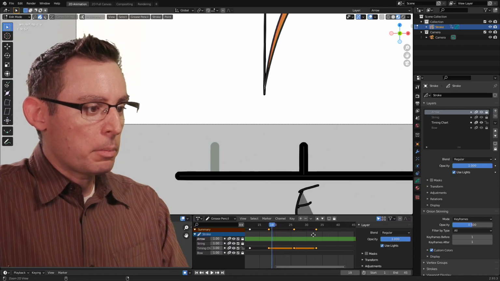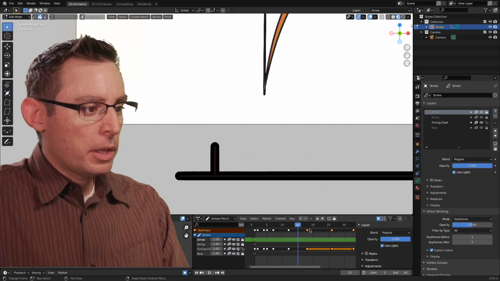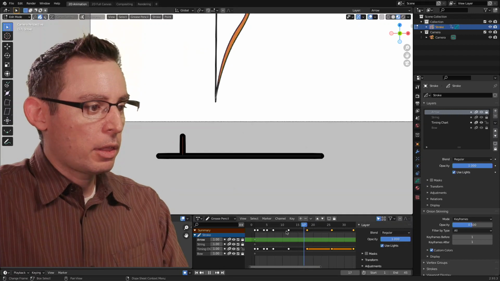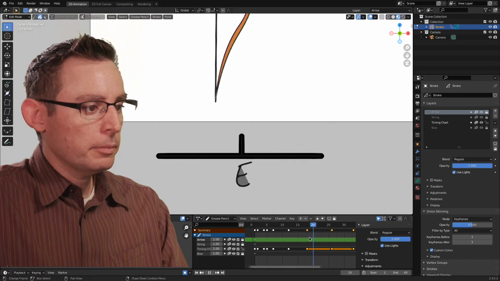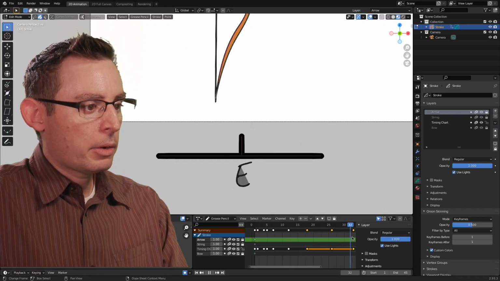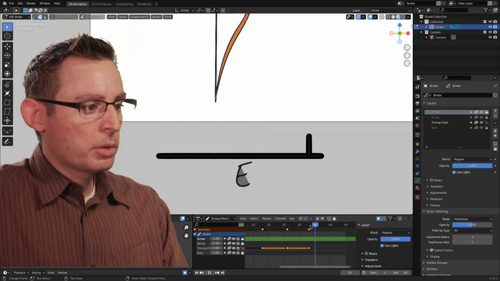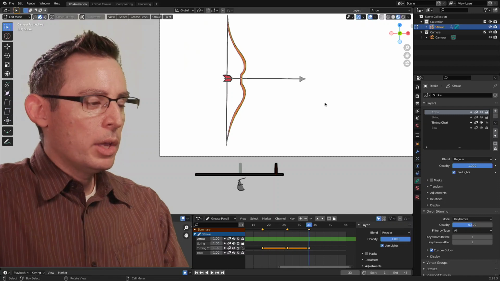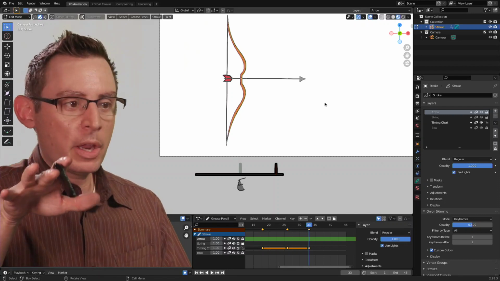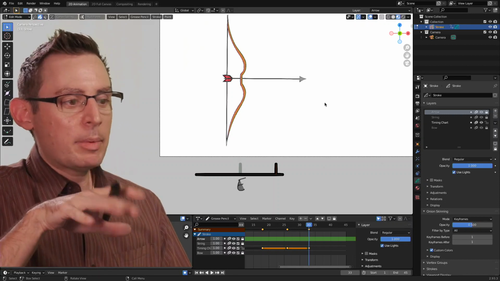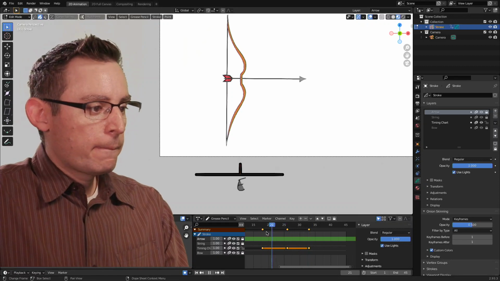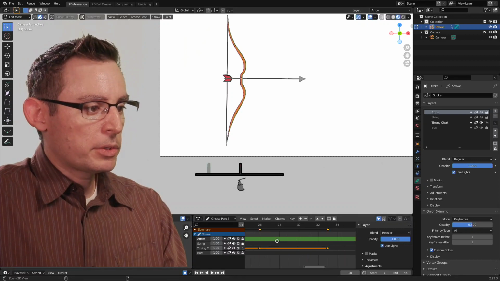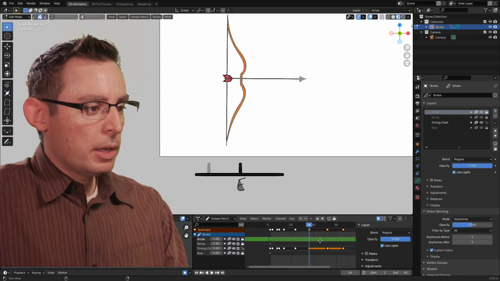Now, I think in the big macro view here, the other thing that I need to consider and think about is, is there going to be any sort of movement afterwards? When do I want my arrow to go? Now, I could do my own timing chart for the arrow itself, but this is just a timing chart for the bow. And I'm pretty pleased with the results that we've created so far.